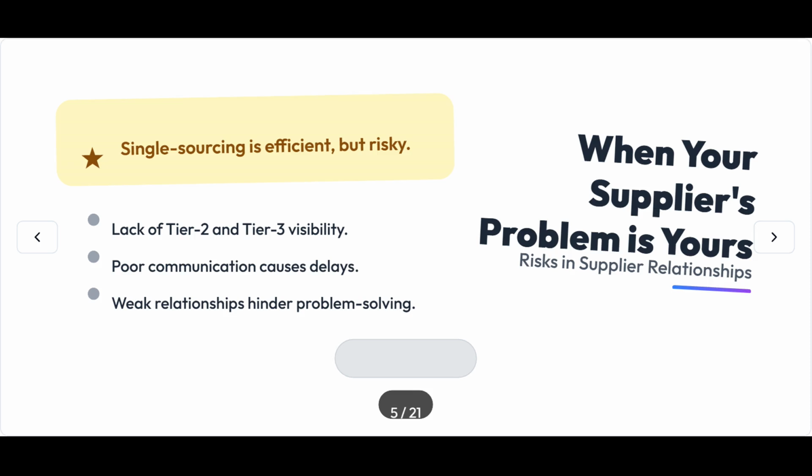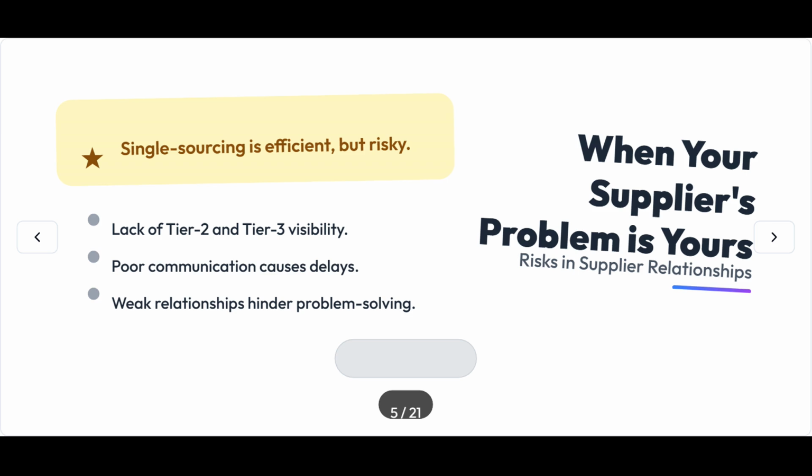Let's turn to the supplier weak link. Many companies rely on a single supplier for important parts to get better prices. This is efficient but very risky. For example, a car company might get a specific microchip from only one factory. If that factory has a fire, flood, or strike, it shuts down. The car company can't get the chip, and its whole production line stops. The supplier's problem has become their own huge problem.